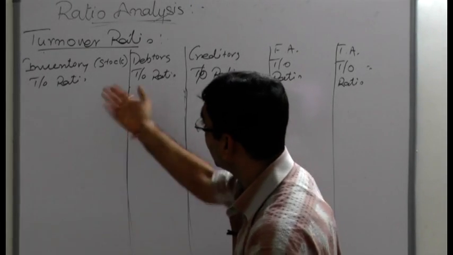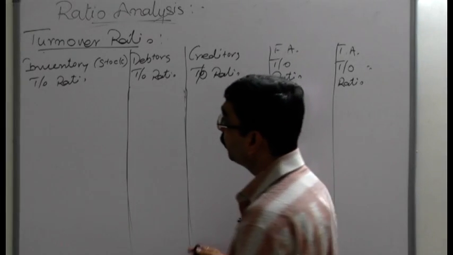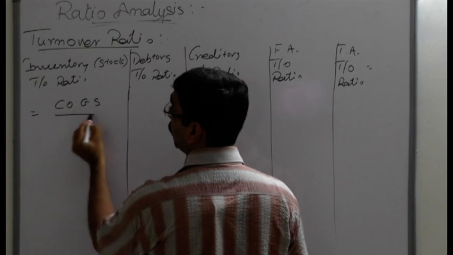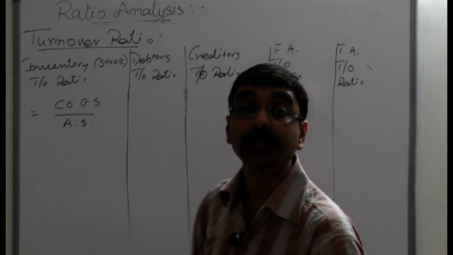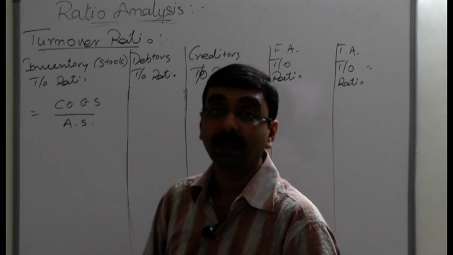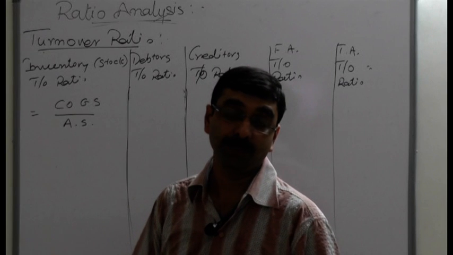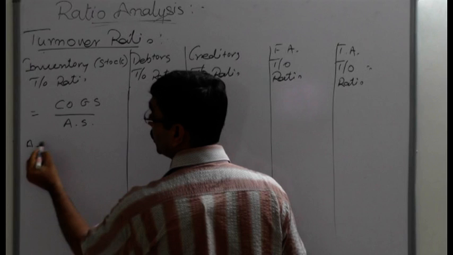So here we'll start with the inventory turnover ratio, that is the stock turnover ratio. The stock turnover ratio represents how many times the stock has turned over in the business in a year, and it is computed as the cost of goods sold divided by average stock. It means the average stock, that is, opening and closing stock average,